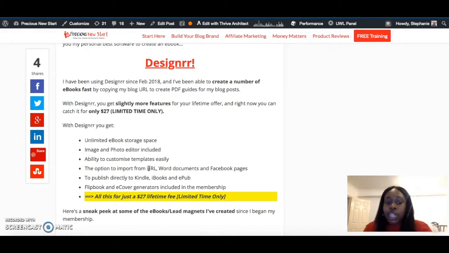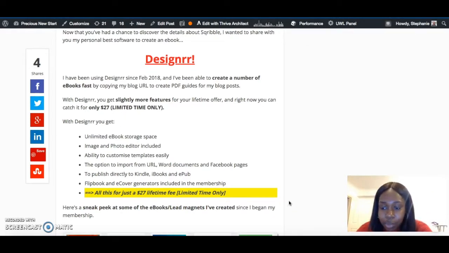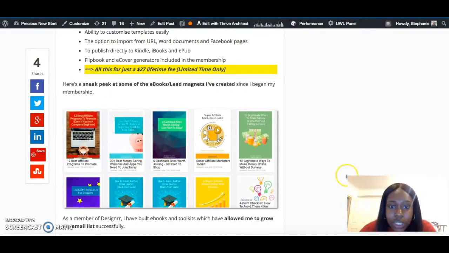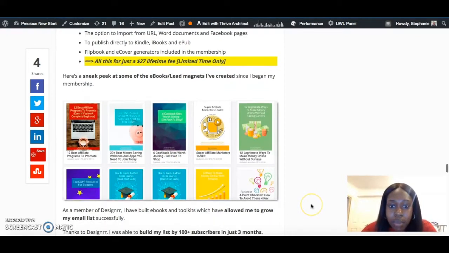The flipbook and ebook generators are included in the membership, and I'll show you that in a moment. And at the moment, like I said, you can get this all for a lifetime fee of just $27. So honestly, if you are looking for a service that can help you create ebooks easily, get Designer as soon as possible. So here's a quick little sneak peek at some of the ebooks I've created while being a member